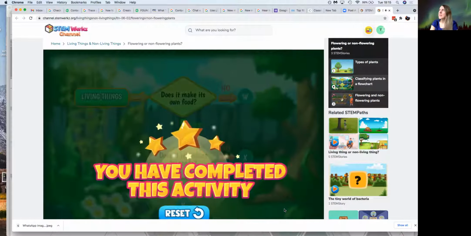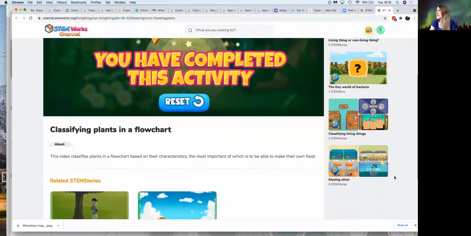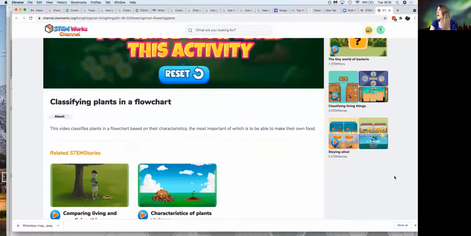So this is really a good way because it's looking at, okay, what is a living thing? Okay, does it make its own food? No. Okay, well, what can it be then? So it asks students to make a hypothesis, and it shows them also a flowchart, which is really a good way of setting out the data and the information that you gather within the field, within your environment for scientific research. Yeah, and then it goes on to tiny world of bacteria, classifying living things, how we stay alive,